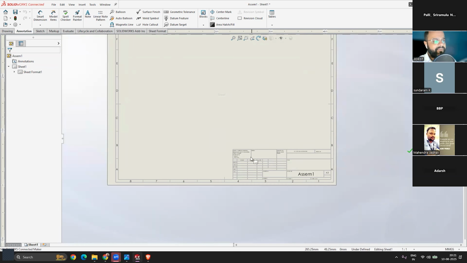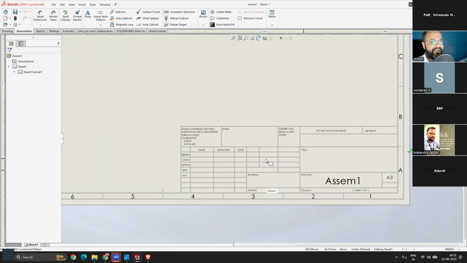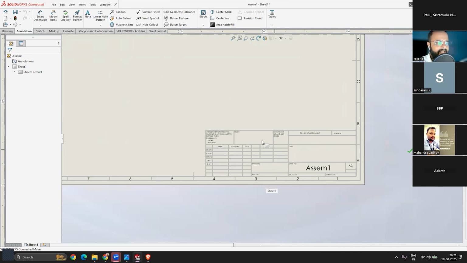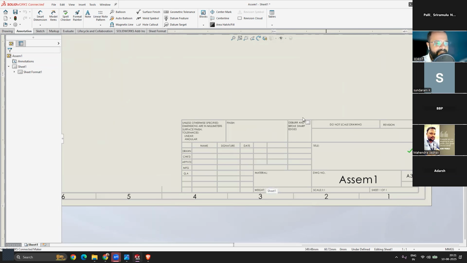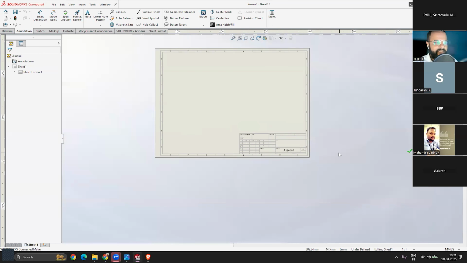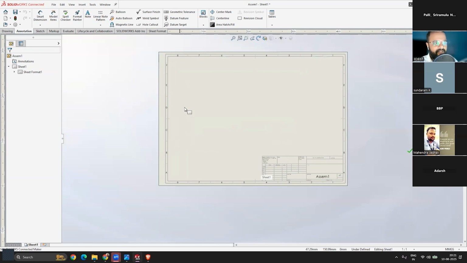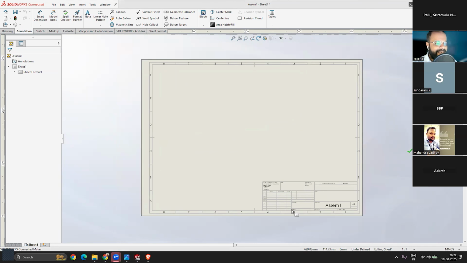And that's why we call it title block, because if you add the title block into your engineering drawing, any person at first glance will see this title block and will have an idea of what you are trying to talk about in this drawing, what the part name is, what is the exact information that you want to communicate. So all that information will be in this title block only, and then all the views and everything will be put into this space. So this is what we got. So we can edit this title block.